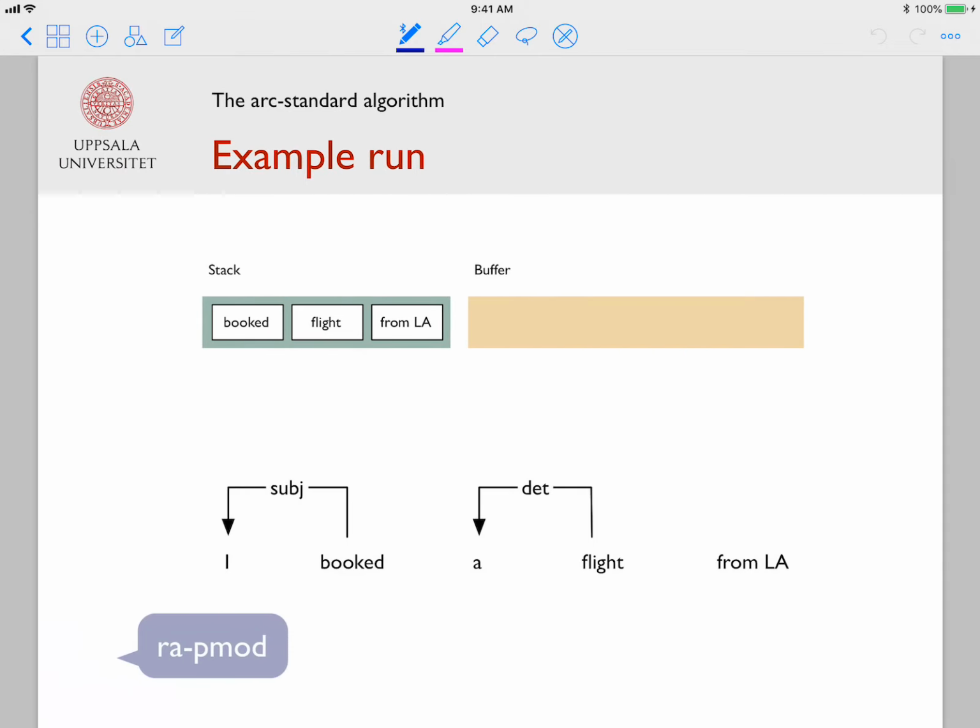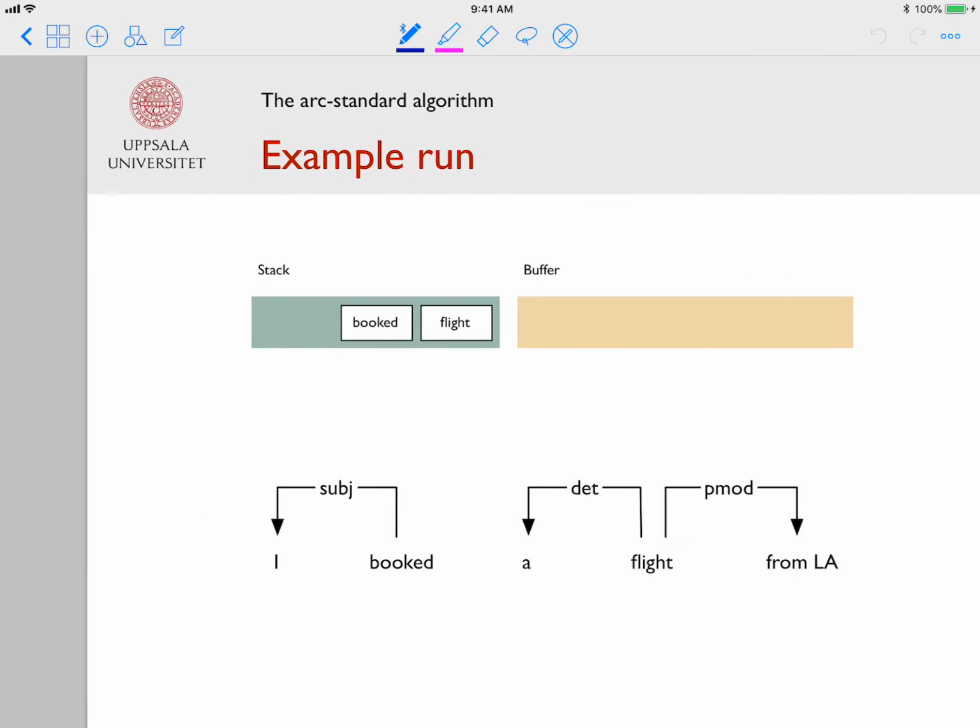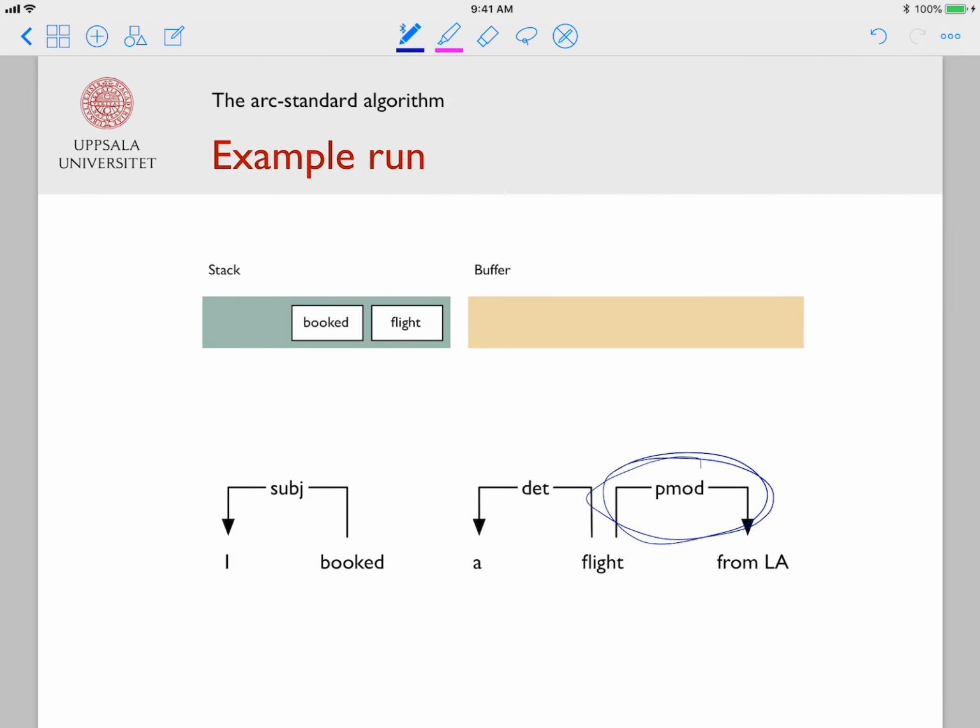Okay, and here in this case, we assign this right arc, and then this one is the one that we have to remove, right? So we remove it by assigning this arc, and then we get these two, and then this guy is the one that we have to assign at last, right? So that way,